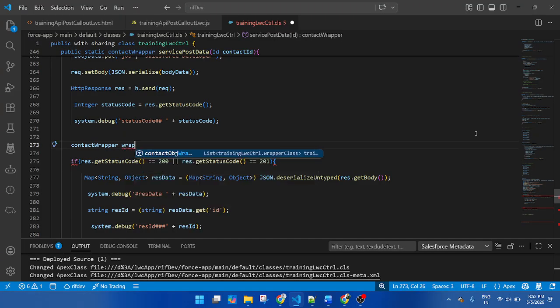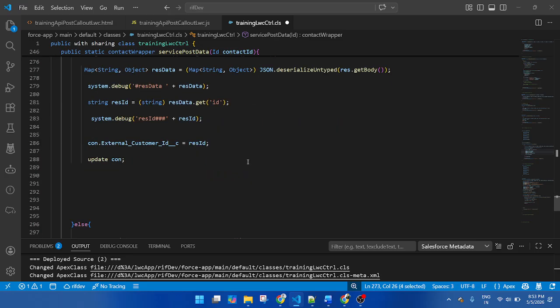First I am creating an instance of the wrapper. Okay, so this is a wrapper and one by one I will add all of the values inside this wrapper.